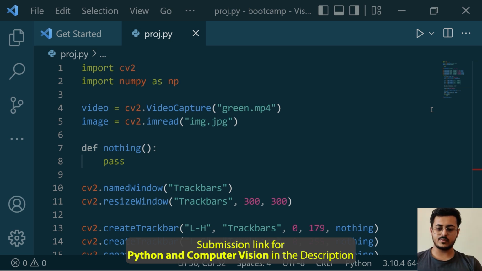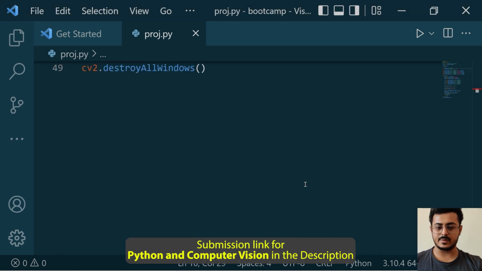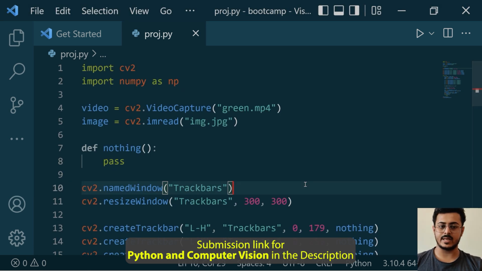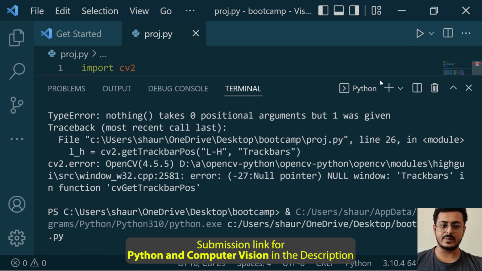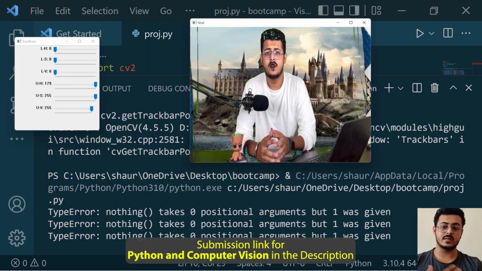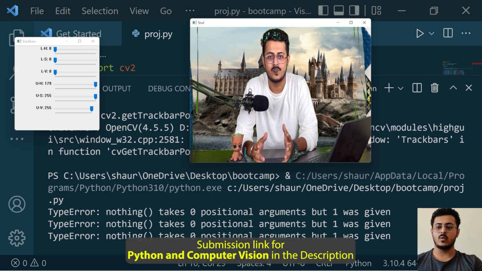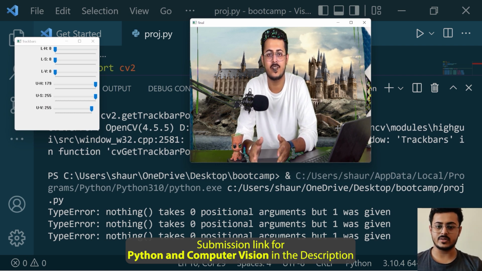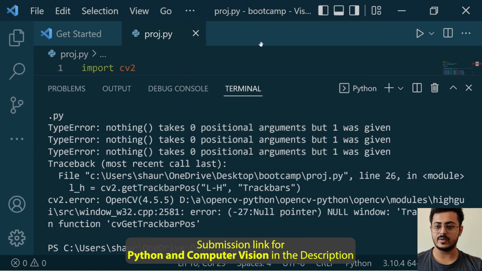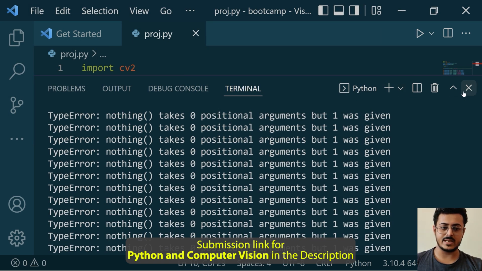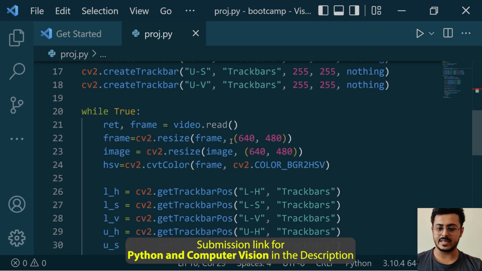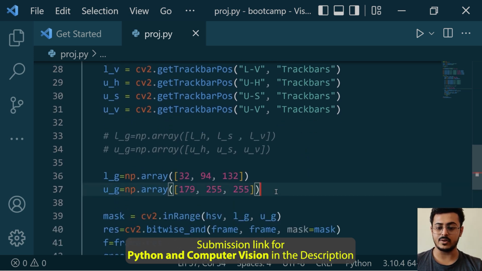First of all, once you have completed the entire programming, you have to run the program, as you are able to see whatever results you're having. You have to show your results right over here. Right now we have disabled the track bar, so we are getting the results directly from our lower green and the upper green values. Once you have tested that your program is working correctly, with no problems,